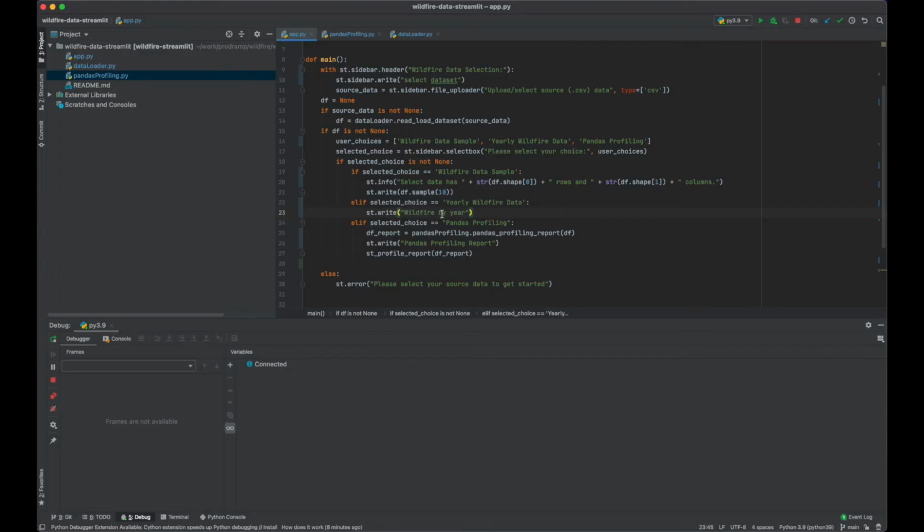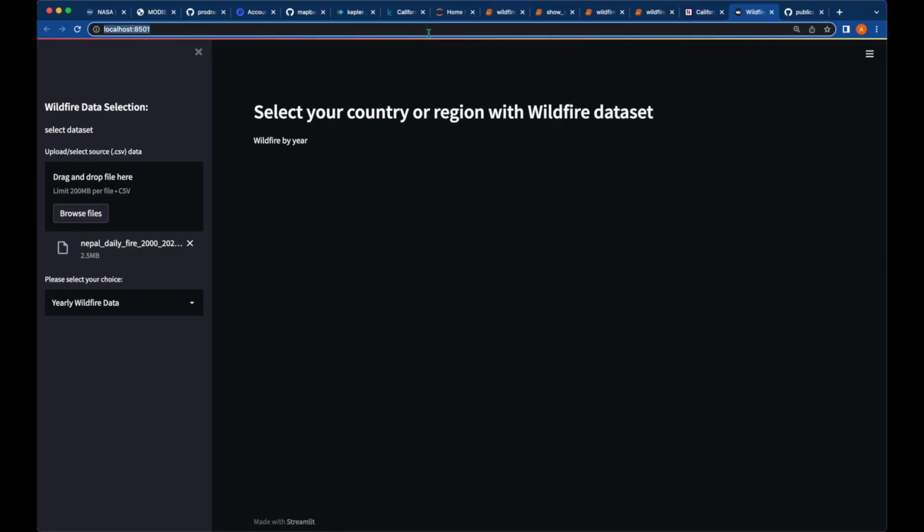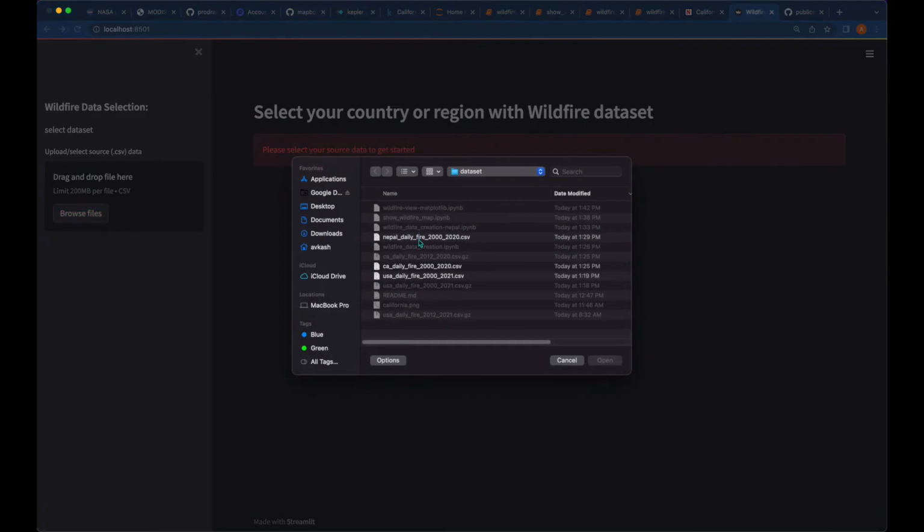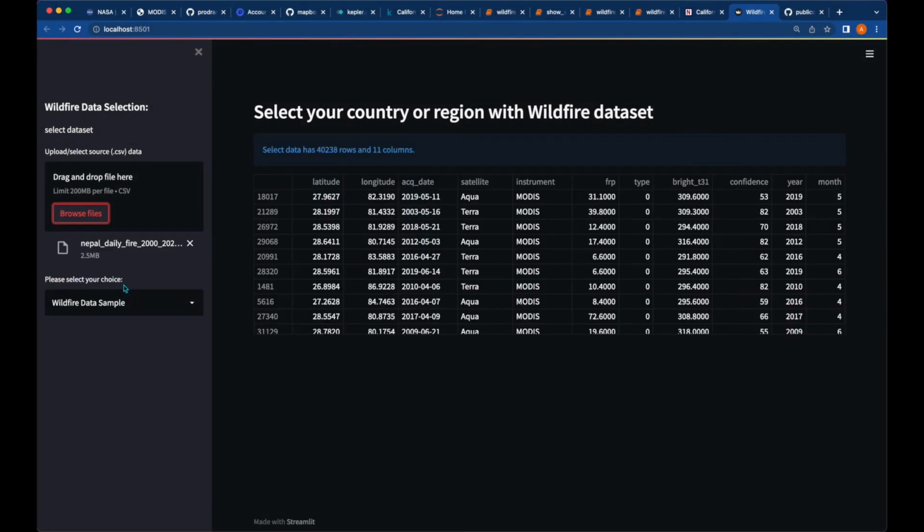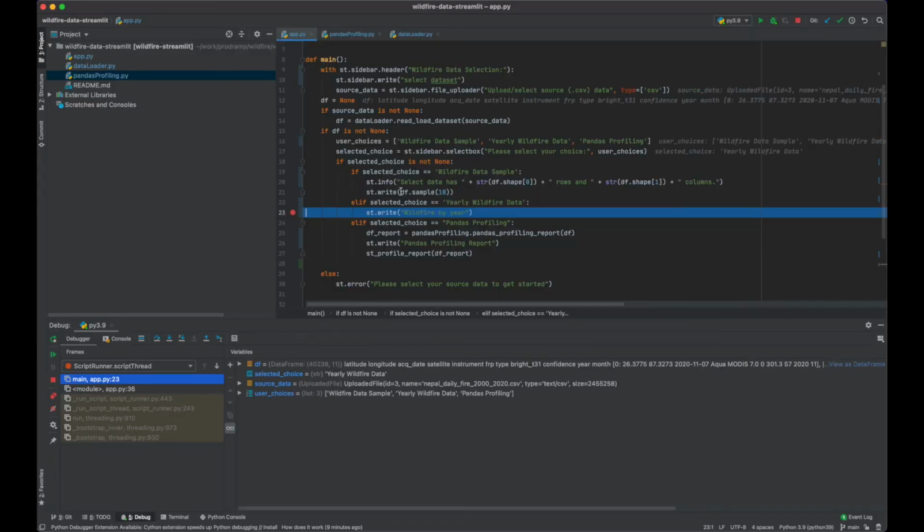So let's come back and work on our year. We already have the data frame here. If you want to learn more about the data frame, there are a couple of things you could do. You can put a breakpoint here. Having a breakpoint in your Streamlit application when you are using the PyCharm IDE is very helpful, and you will see how it helps us. Reload,